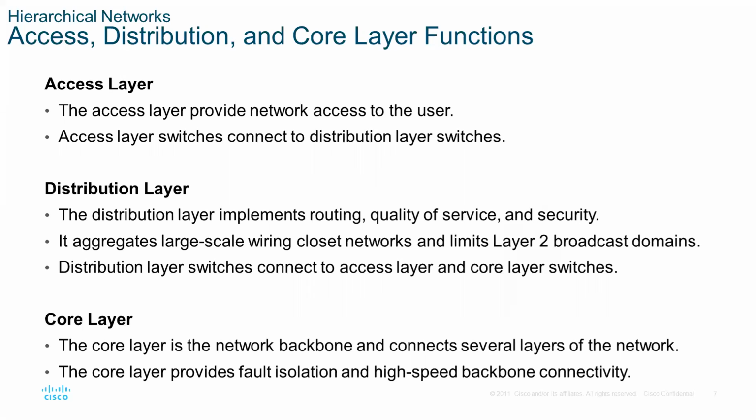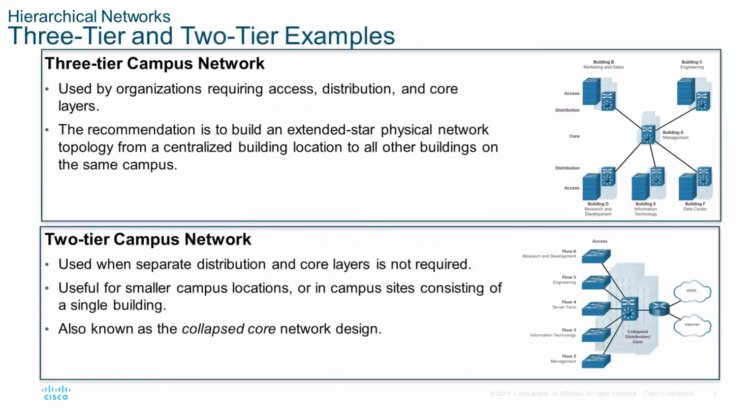The core layer is our backbone, which connects several layers of the network together. It provides our isolation so that faults do not propagate throughout the entire network, and it provides high-speed backbone connectivity. It doesn't have any user support in it. It's all about speed and interconnecting all the elements together. So,